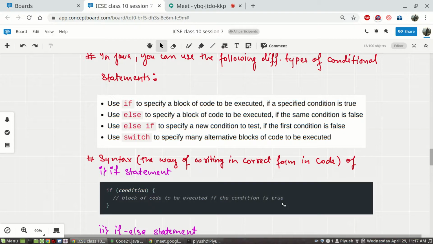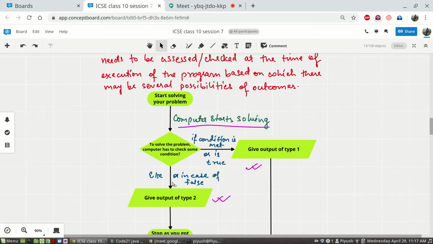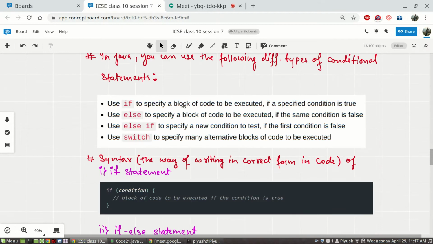Now, if is used to make choice based decisions, to make comparisons, or rather to decide on conditions in a program. After if, this is the syntax. What do we mean by syntax? Syntax means the way of writing in correct form in your code.